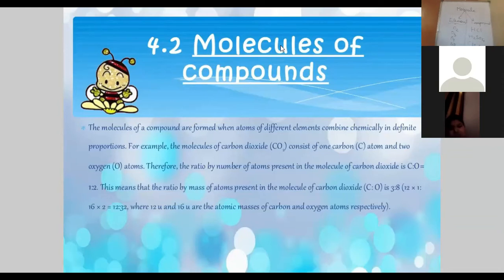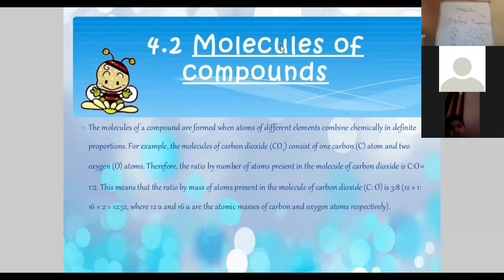Now, yesterday we discussed that in the molecule of an element there are monoatomic, diatomic, and triatomic molecules. Here also, in the molecule of a compound, there are diatomic, triatomic, and tetraatomic molecules, and polyatomic as well. Here two elements and two atoms are involved, so it is a diatomic molecule.